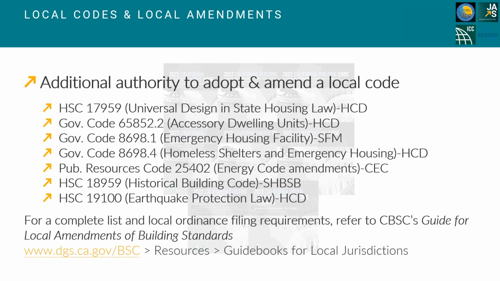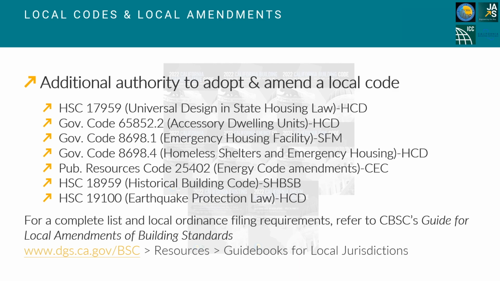In addition to the laws cited on a previous slide, there are several other laws that authorize local jurisdictions to amend Title 24. The Local Amendments Guide has a full list and contains the filing requirements and state agency contact information. Some of these laws require the local ordinance be filed with a state agency other than BSC. An example is Government Code